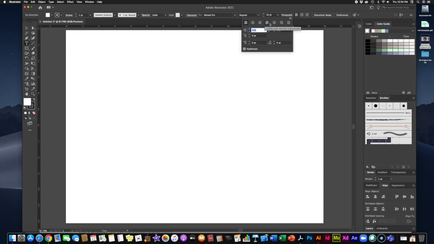beyond the initial three. We have justify last line center, justify last line right, and then justify all lines, also known as forced justification. We have left indent, right indent, first line indent, as well as a few other adjustments at the bottom here, and you can choose to have or not have hyphenation in your paragraphs by simply checking or unchecking this box. So pretty much all of your major typographic adjustments are right up here in your tool-specific